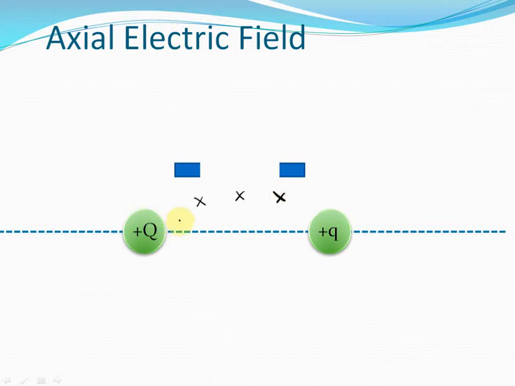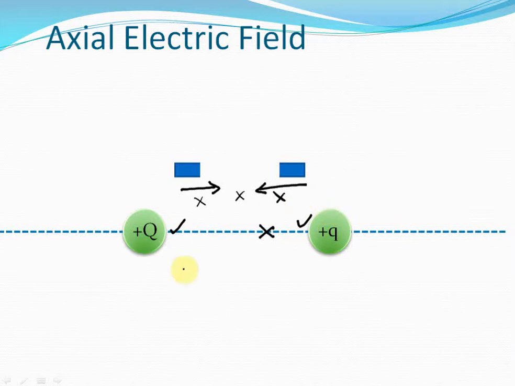You see, the electric field because of this positive charge Q will be in this direction, and the electric field because of this positive charge q will be towards the left. So the net electric field will actually be the difference of the electric fields of this charge and this charge, isn't it? At some point on this line, the electric field will be 0 because the electric field due to this charge plus capital Q will cancel the electric field due to this charge plus small q, isn't it?